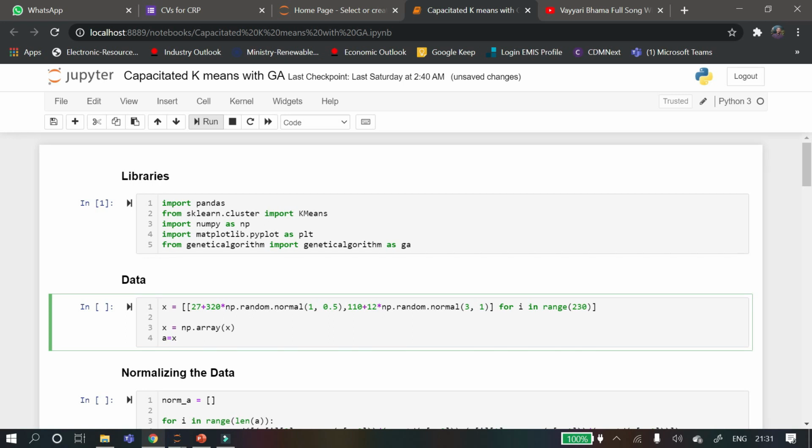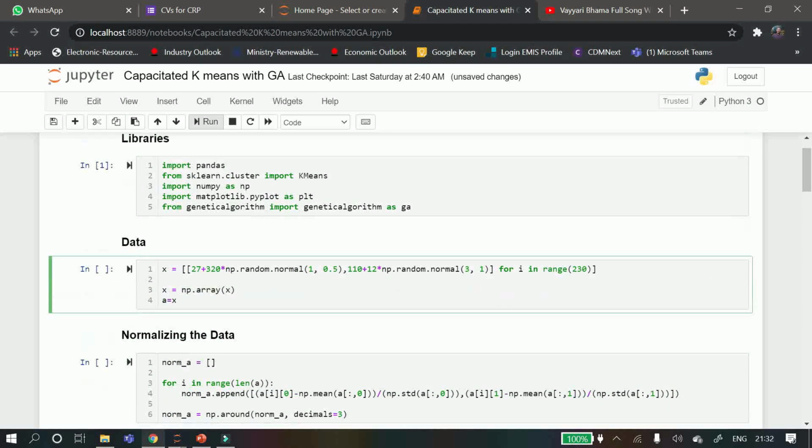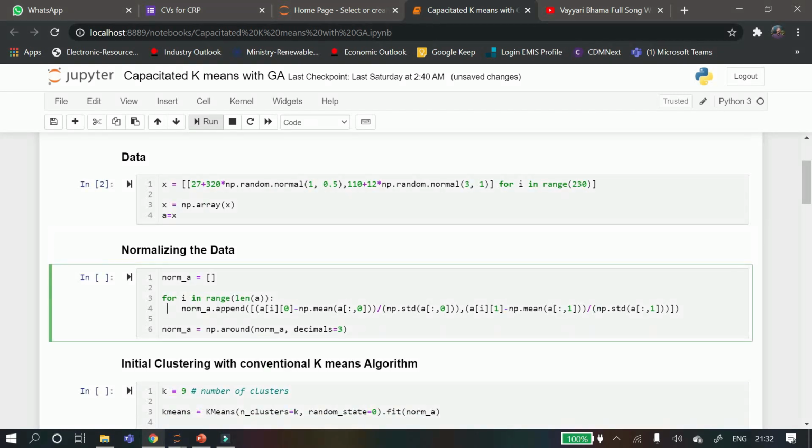After loading the libraries, if you're getting any errors, that means you don't have that library, so you need to install it. Now, this is the basic data set. I've just created some random data set to demonstrate it here. If you want to load your own data, you can go about it. But this code is basically for two-dimensional clustering. If you want to do three-dimensional clustering, please go through my code and modify it accordingly. Let me load the data now. Now we need to normalize the data.